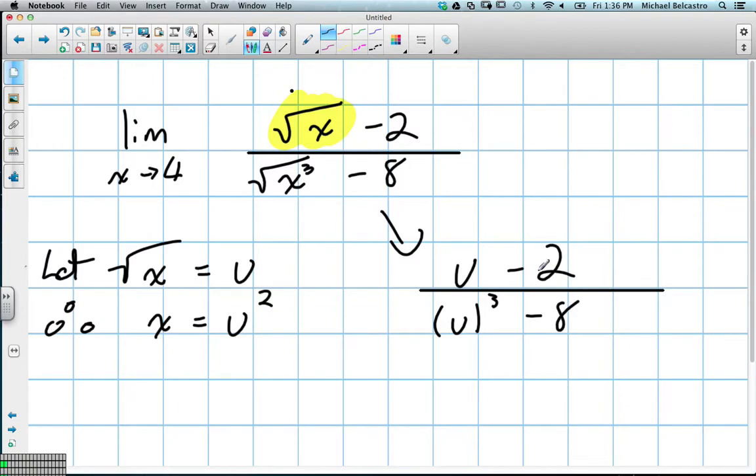I really shouldn't have chosen this example. I'm going to cut this part of the video. Do you guys know where to go from here? I'll let you guys work from here, because that's